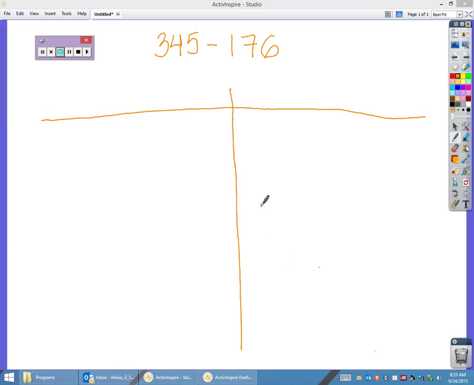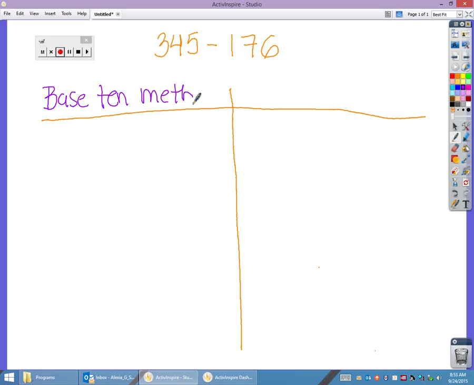Good morning. Today we're going to be talking about different decomposing strategies that we're seeing in class. Now, the first decomposing strategy that we're going to be seeing is the base 10 method. If we look at our problem above, 345 minus 176, we can think about how we're going to approach this